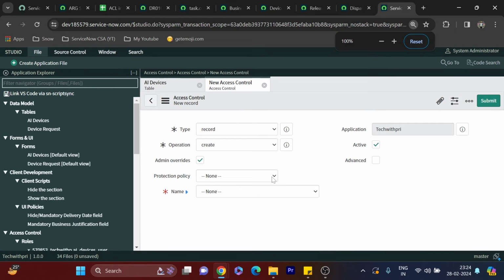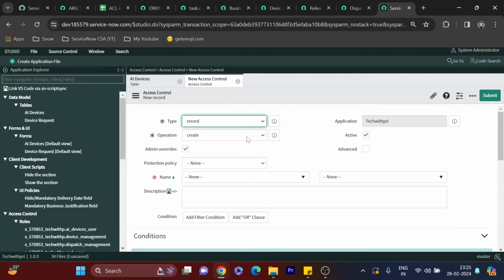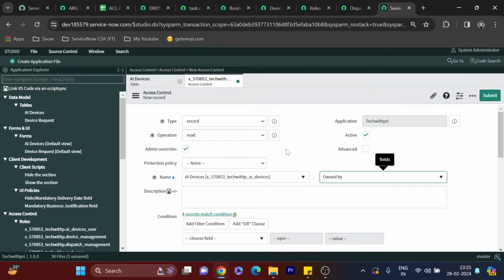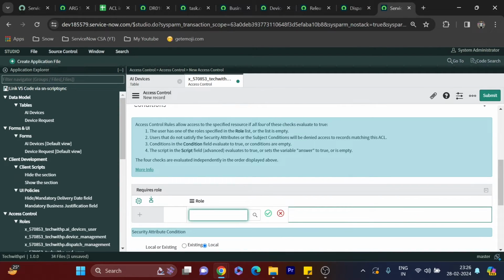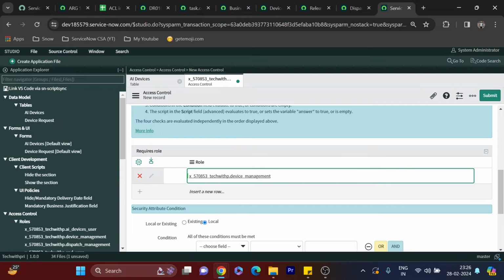So I'm going to create a new access control, and this would be for read access. It would be for the AI devices table, and the field name would be owned by. Okay, this field owned by, and it would be a read operation. And to read this owned by field, they have to have the first role, which would be the device management, very common one,